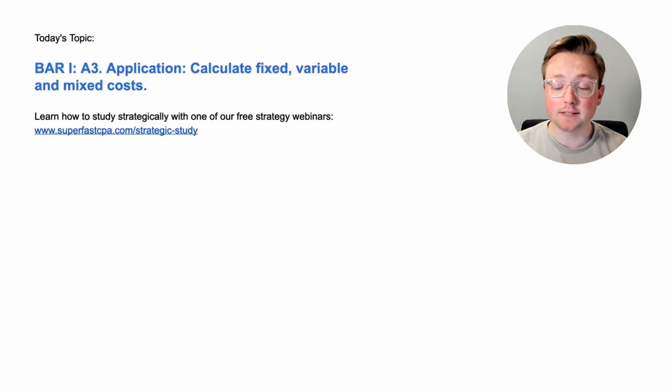I'm Logan, and in today's video, we're going to be going over BAR Area 1. This is Section A3. This is an application topic. Calculate fixed, variable, and mixed costs. And we're going to be doing that the SuperfastCPA way, which is diving straight into the questions to learn the